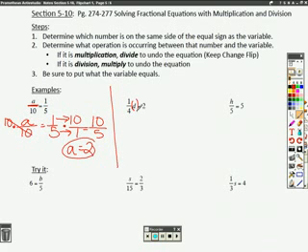Remember, look at this one like that. What's happening between the 1/4 and the d? Multiplication. So how do you get rid of it? You divide by 1/4. 1/4 divided by 1/4 gives me 1d, right? Then to keep it equivalent, what do I have to do to this side? Divide by 1/4 also. So I'm going to go ahead and put divided by 1/4 on that side. That's my problem now. So I'm going to rewrite this problem down here. So it's 2 divided by